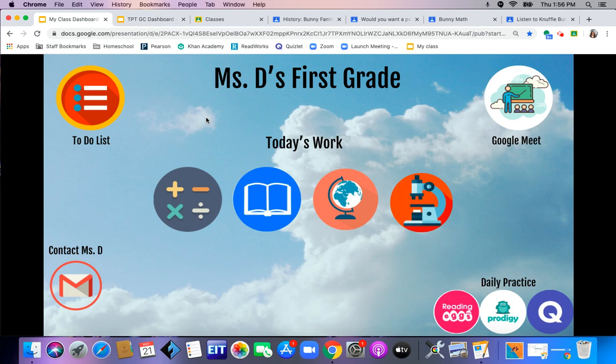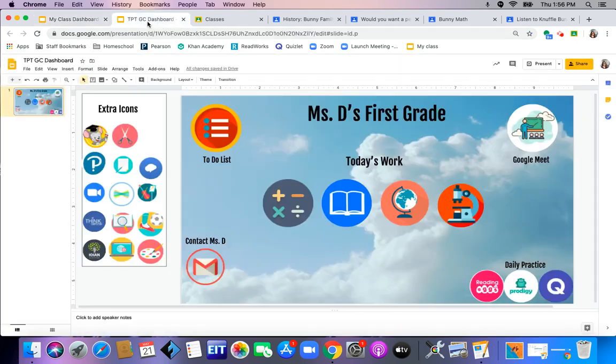Now, how does this work for teachers? Really, really simply. Now, if the idea of building something like this makes your hair stand on end, either because digital crafting is not your thing, or honestly, you're just completely fried by the end of this year,